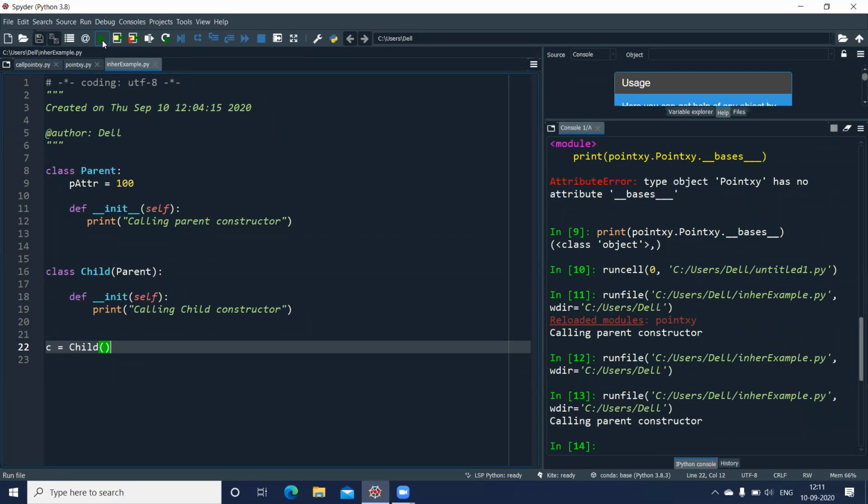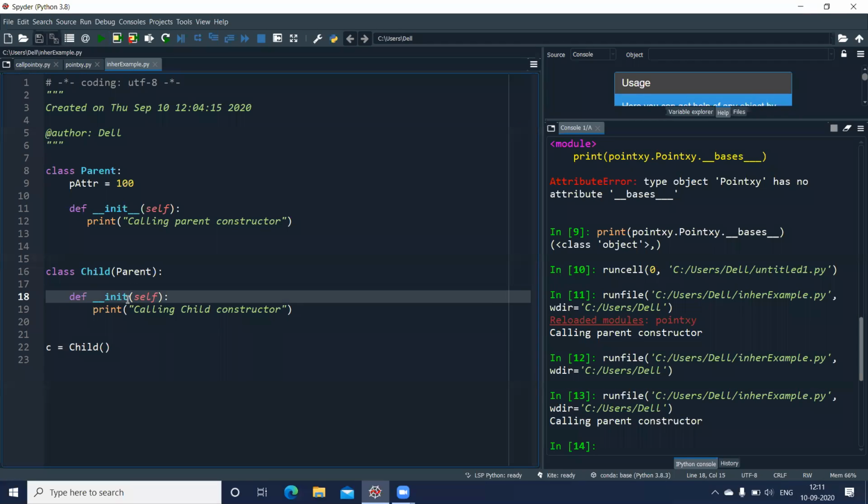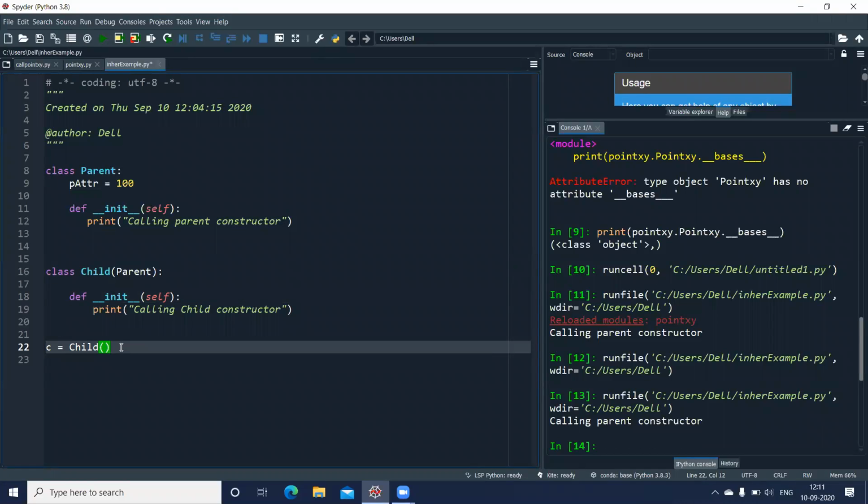No answer? I think in init we have put double underscores. I have made a mistake there. Sorry, I made a mistake there. Okay, anything else? Let me run this and check it out.